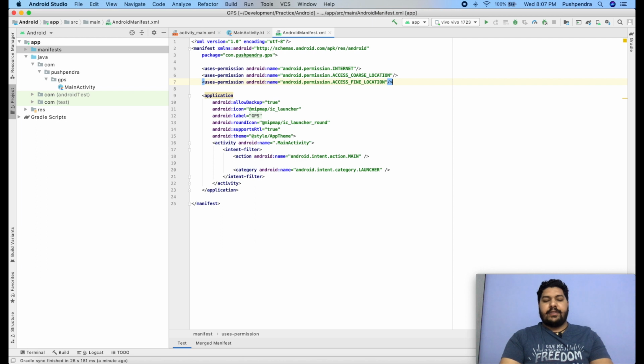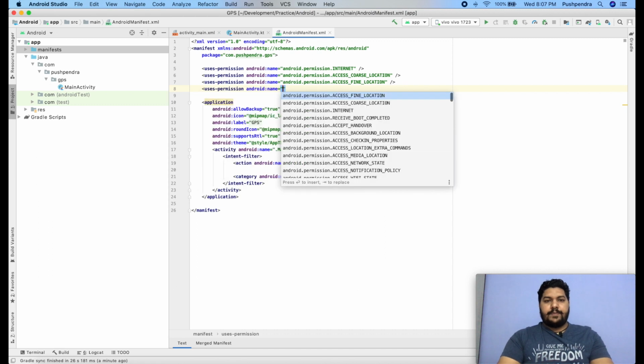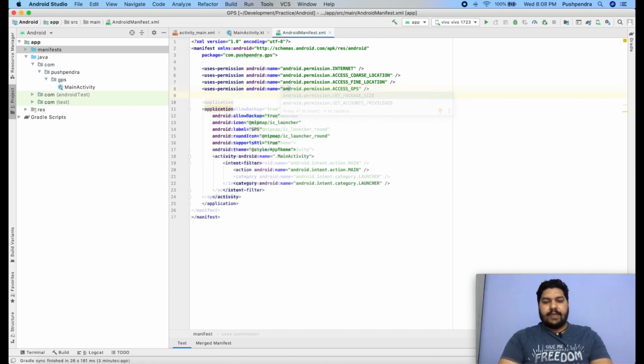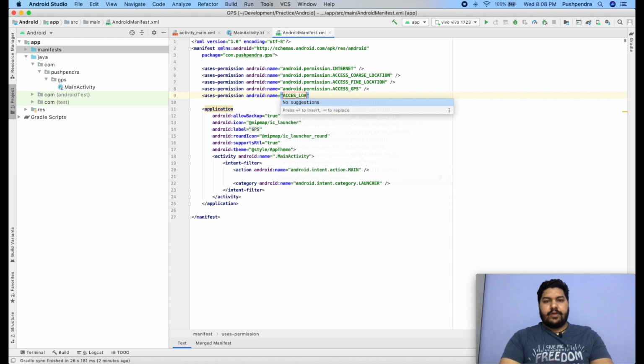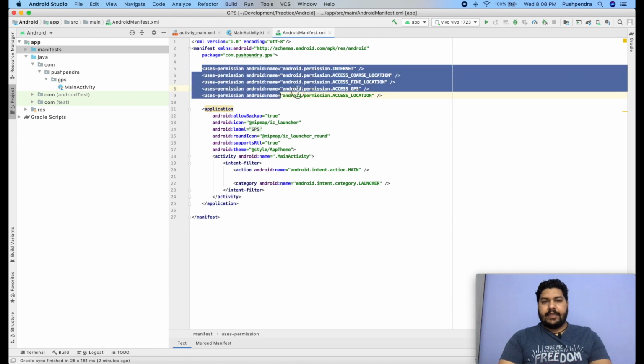Now you are done with three permissions. Two more permissions you have to add: uses-permission for access GPS, and access location permission. So make sure your project has all these five permissions in your application.